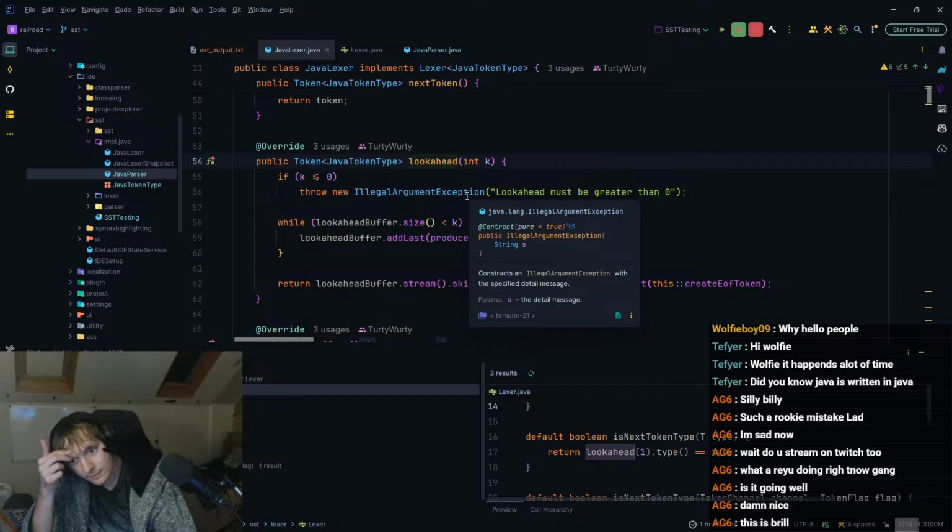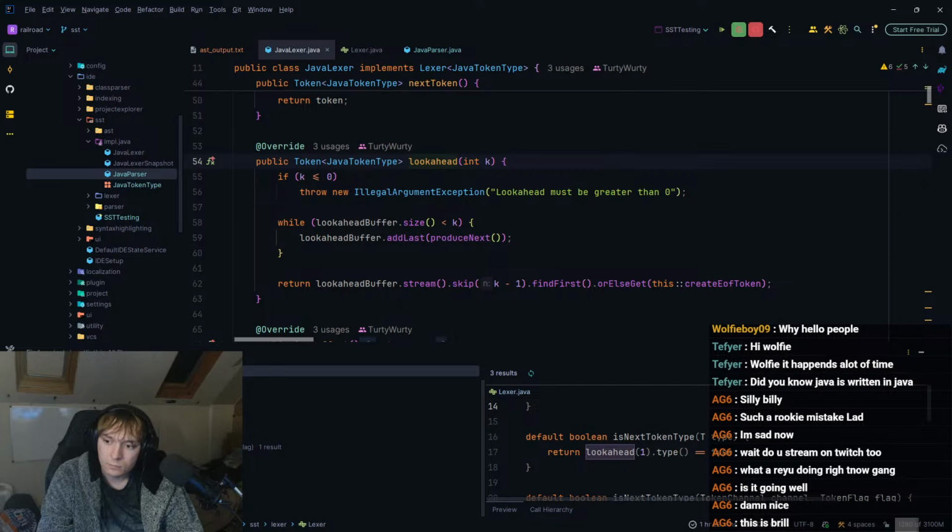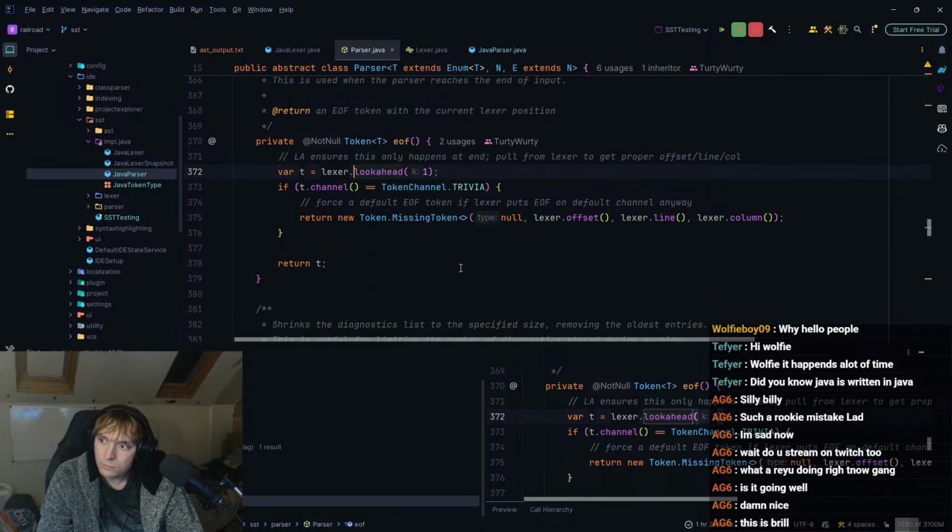The look ahead is for the parser? Wait. Lexer dot look ahead. If it's trivia.